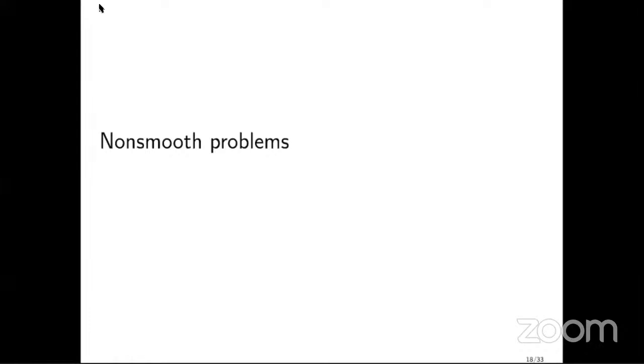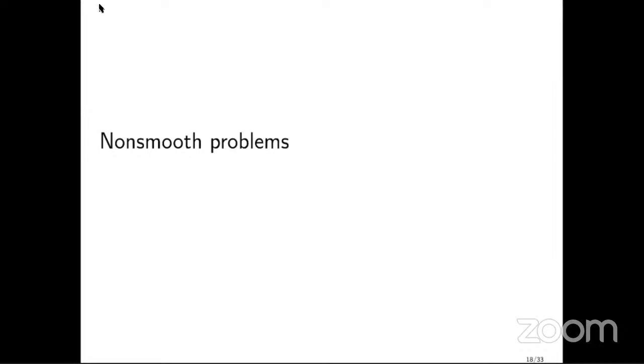What I would like to talk about in this session is the topic of non-smooth problems. So far we've looked at problems where we can take a gradient and where we can sometimes even take a Hessian. I talked about the Hessian even though it was not involved in the algorithm. But essentially, we can define a notion of gradient, a notion of derivative.